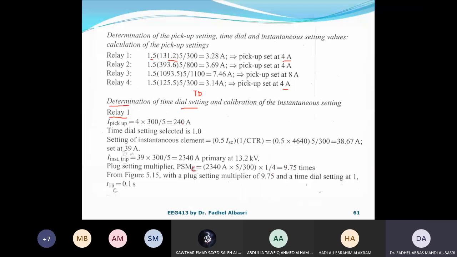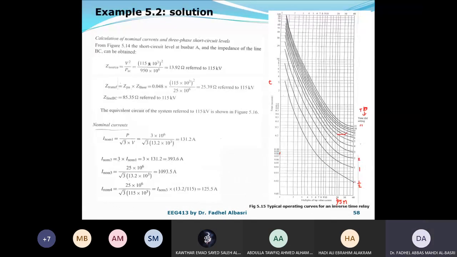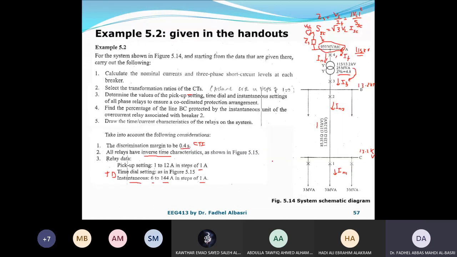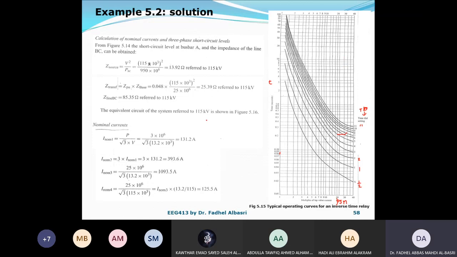So the fault now, fault at 1, the time dial is selected as 1. I can choose half, but half will not give me enough operating time, as I mentioned, to coordinate with anything downstream. To check this, suppose the fault current at C